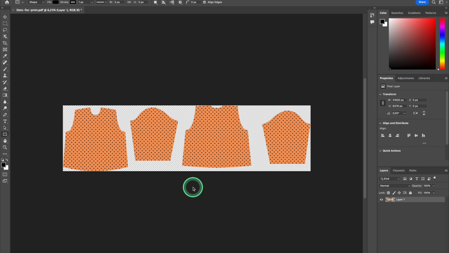So once I've exported the pattern with print as a PDF from Clo 3D, I'm going to open it in Photoshop because I also need to change the file format. I need Tiff for the sublimation printer we have at the Science School Culling. And I also want to shrink it so it's half size so I can use it for a half size